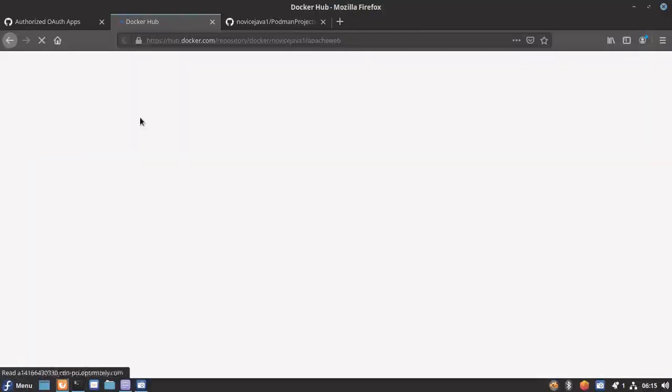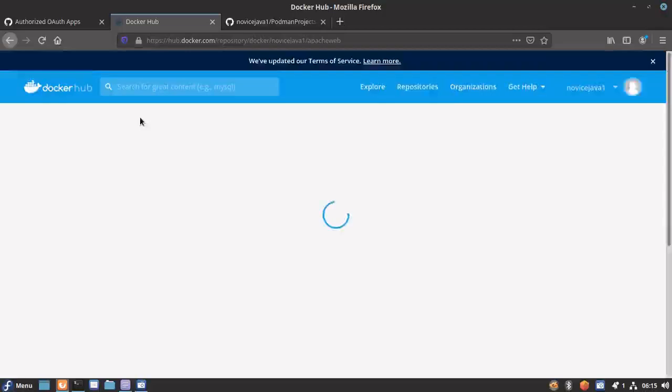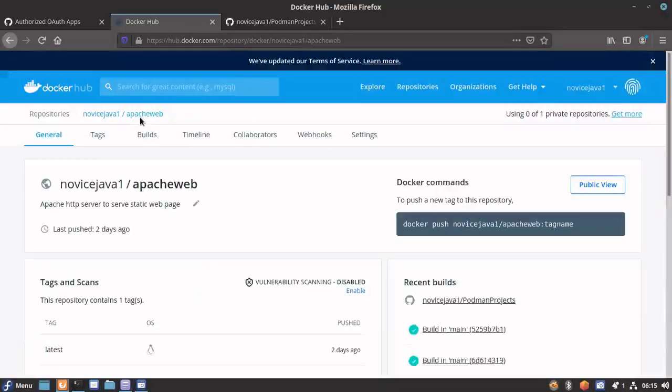So this is all for today's video. We have seen how we can integrate GitHub and Docker Hub to make our Docker Hub image builds automated. This is going to be very useful for you if you have any new project that you have been working on.